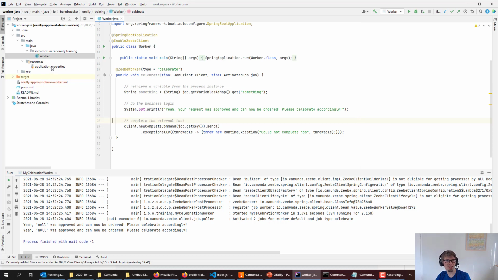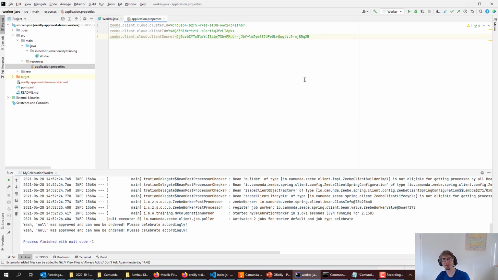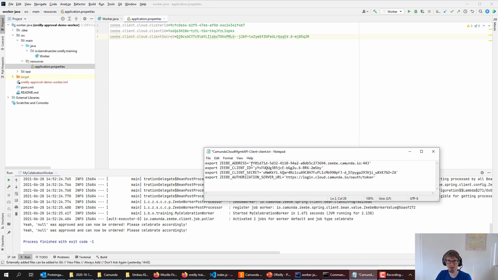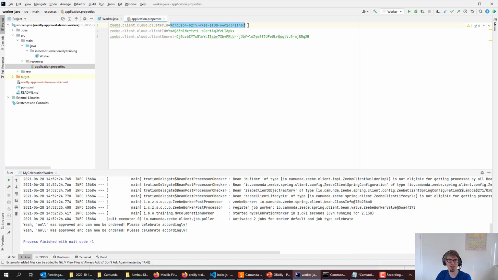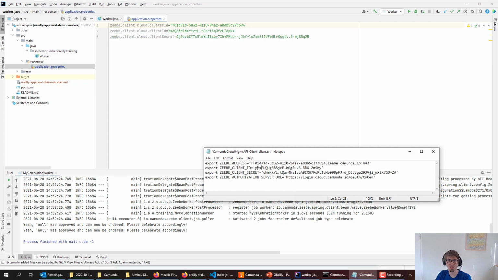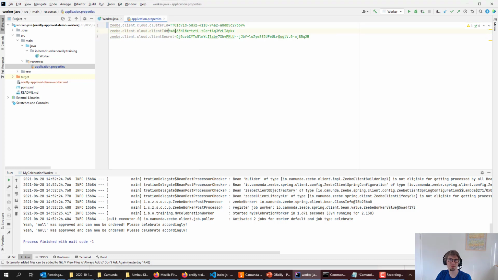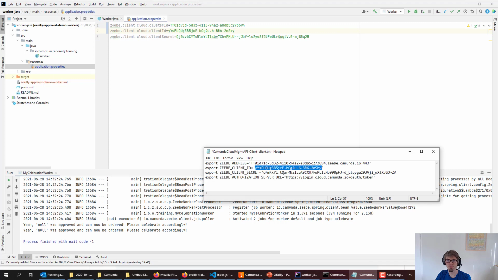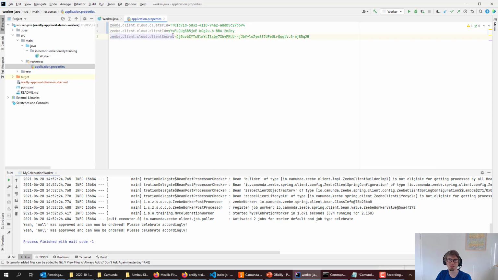The other thing I need to do is I have to configure that worker to be able to access my cloud instance. You can do that in the typical Spring way. For example, you could override that via environment variables. You can use runtime parameters to the program. So there are a couple of options. In my case, for development, the easiest is just to add it to the application properties,